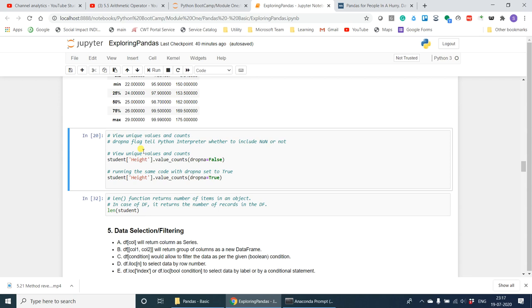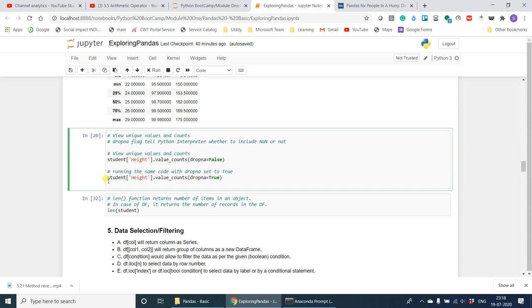So dropna refers to whether to drop not applicable values or not. So if any value is not applicable, is null, then whether to include it or not would be decided by this flag. So say in the first example, we will set dropna to false. That means if there is an NA, include it, don't drop it. Okay. So we will just comment it